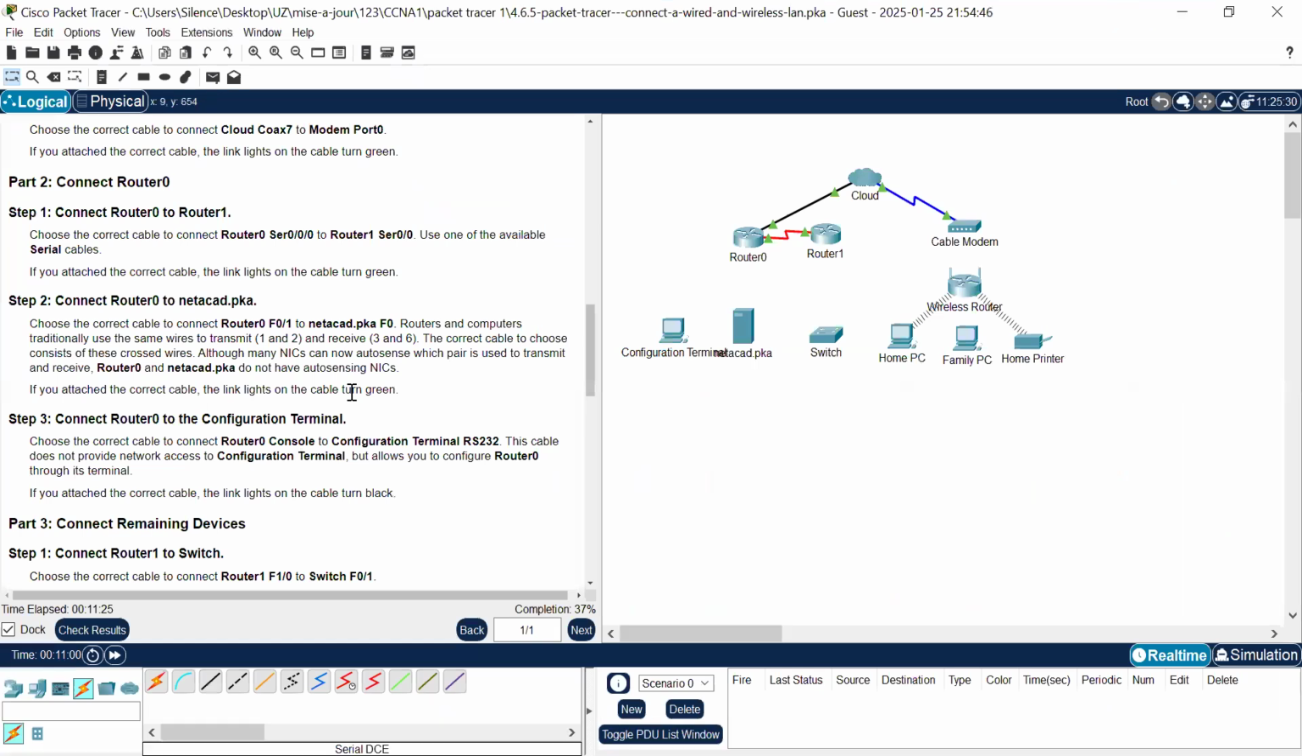Okay, so to demonstrate the connection, connecting router 0 to network card PKA, choose the correct cable to connect the router and the server. Routers and computers traditionally use the same wires to transmit, 1 and 2, and receive, 3 and 6. So tikatarisa pamawires anoshandiswa, let me start by saying